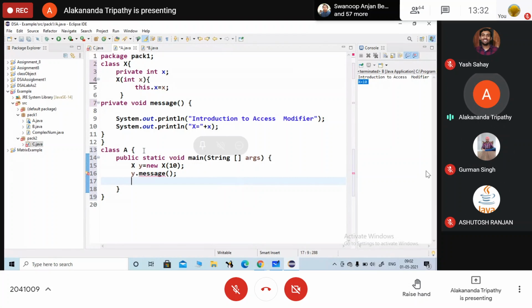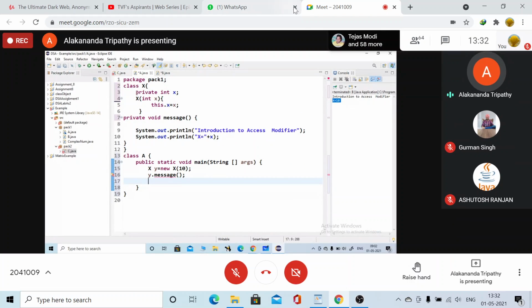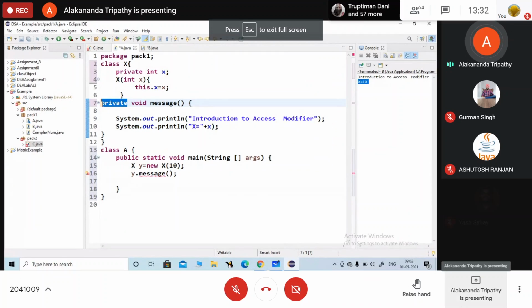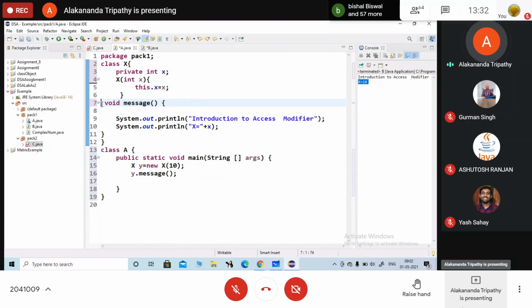So if you are declaring a class, a variable or a method as private, अगर एक variable या फिर method को private करते हो, it will be not accessible within the other class of the same package. दूसरे class में same package के अंदर भी दूसरा class होगा, वो उसको access नहीं कर सकता है.